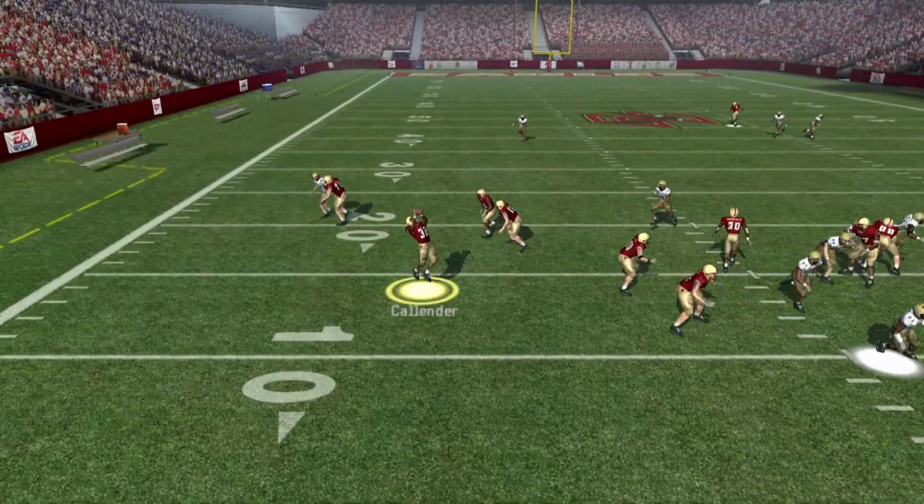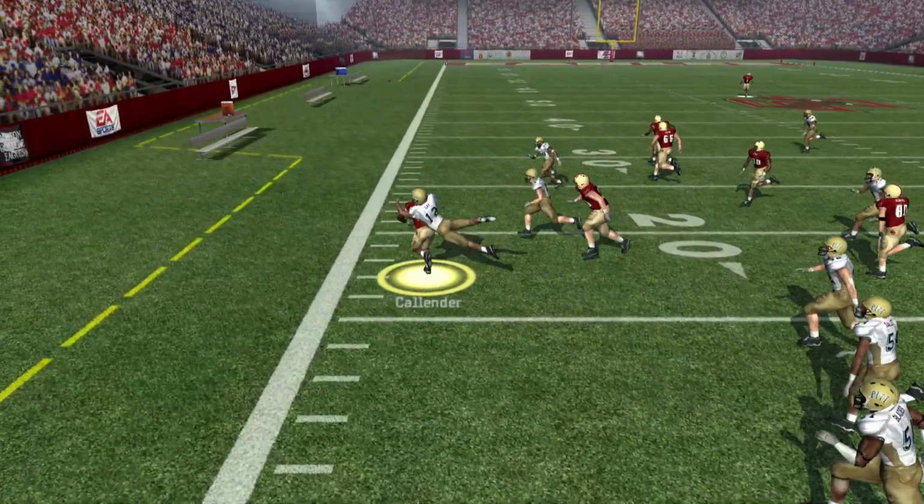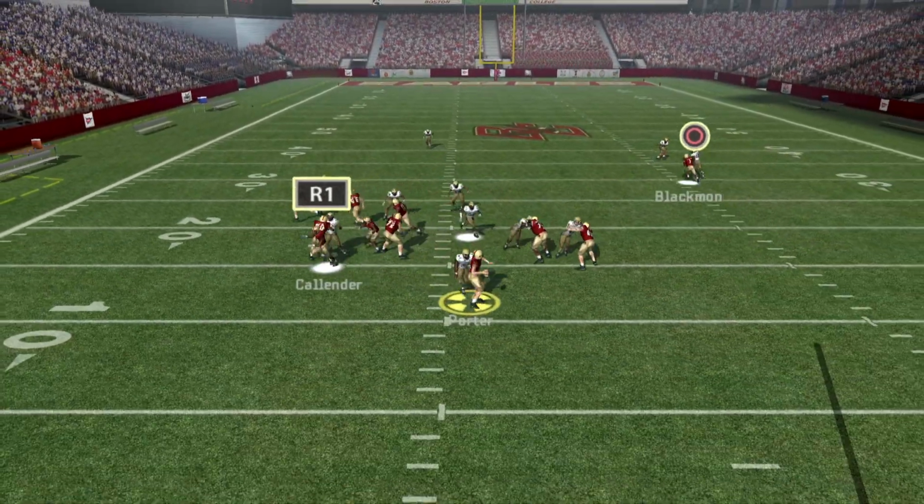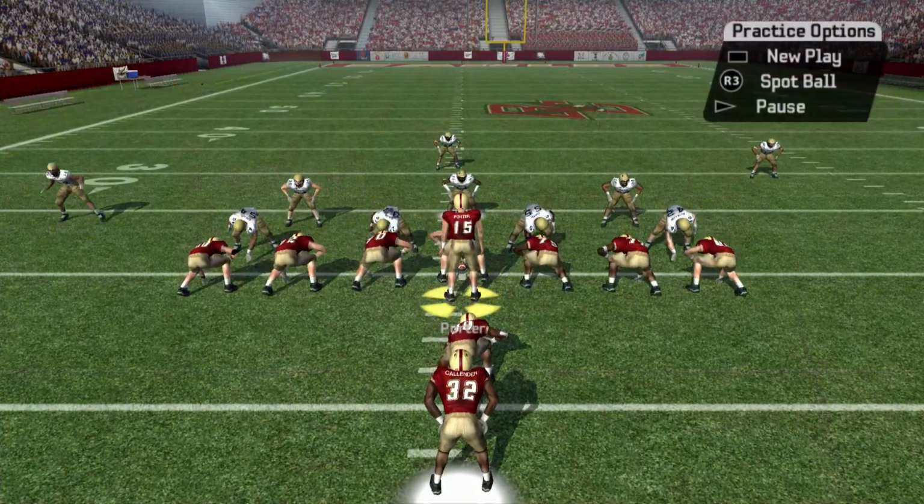You go to him, and that was just a terrible throw. If I threw it harder, I don't know. If you throw it, I'm fixing to get sacked. I could do the